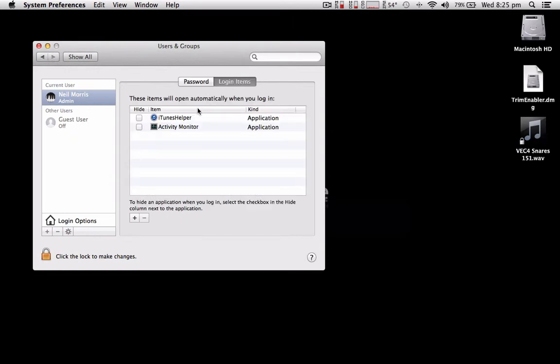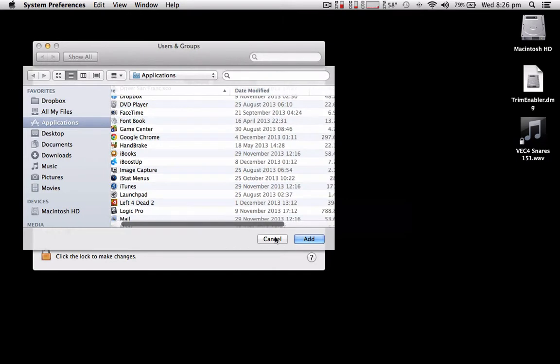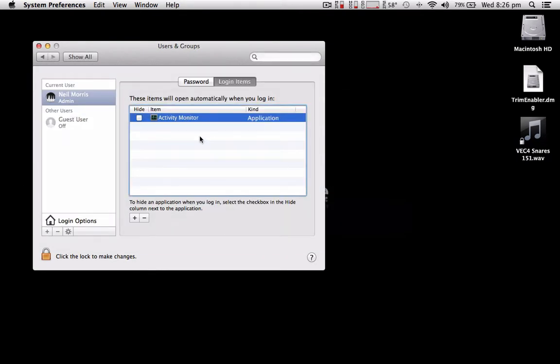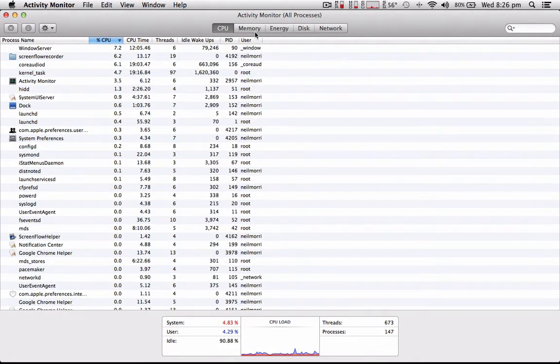If you click the login items, it shows what launches when you log in to your computer and when it loads up. These are the apps that are launched. iTunes Helper, no matter how many times you get rid of it, you get rid of it with this little minus thing here. And plus to open up in applications what you want to start up. I like to keep mine to a minimum because it kind of slows it down if you have loads. I like activity monitor to pop up because I like to see what's using CPU, which is down here, and